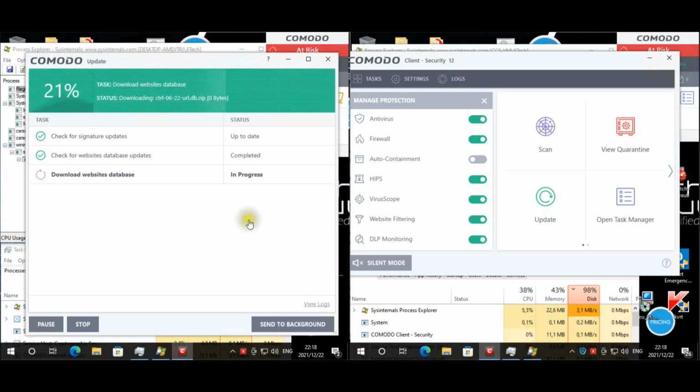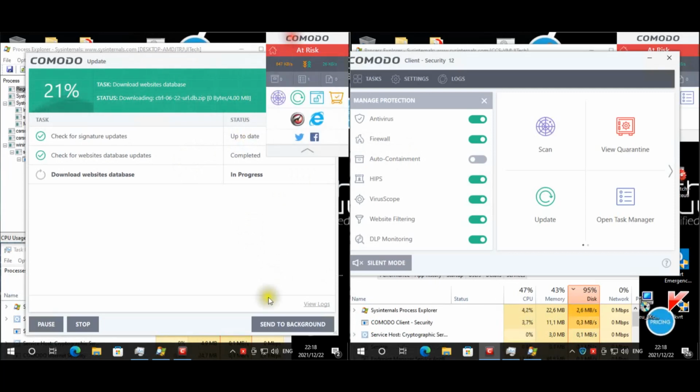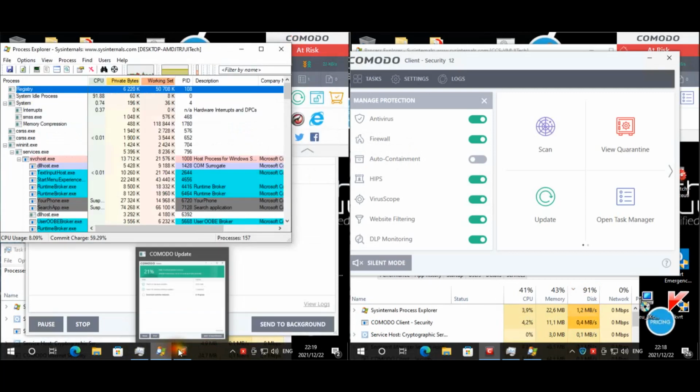Okay guys, so I've made sure everything is up to date. For some reason there's a database update issue. I'm not going to worry about it. We're not going to test that. So I'm just going to quickly enable